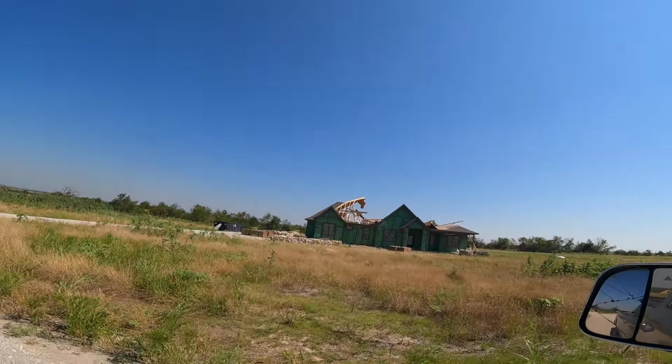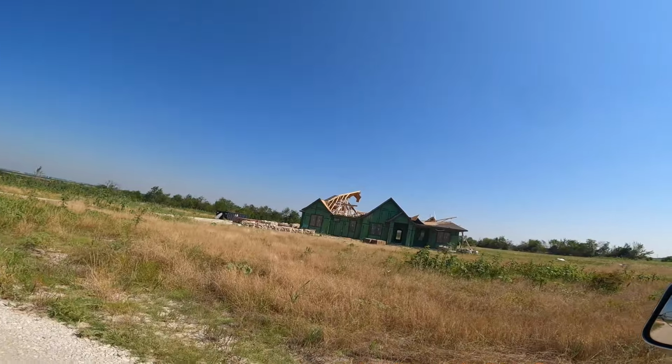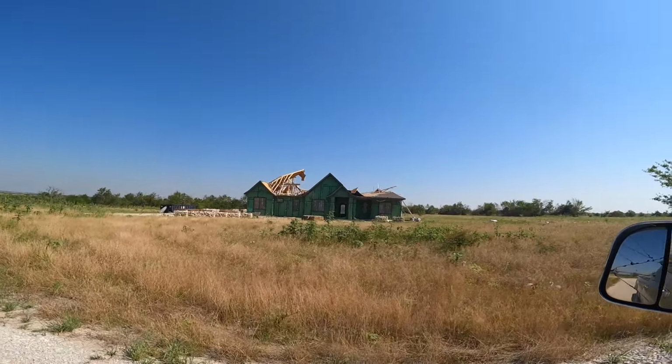So yeah, that's the house. We didn't pump it. We actually had to get someone to help us that day. We had quite a bit going on. That friend of ours pumped it. But yeah,